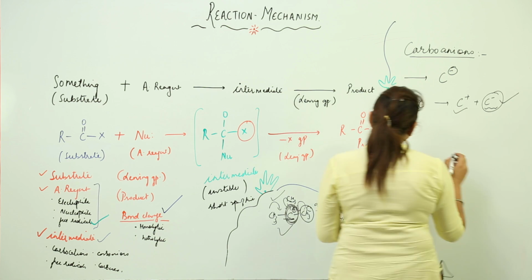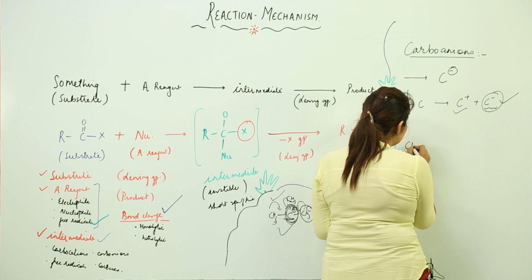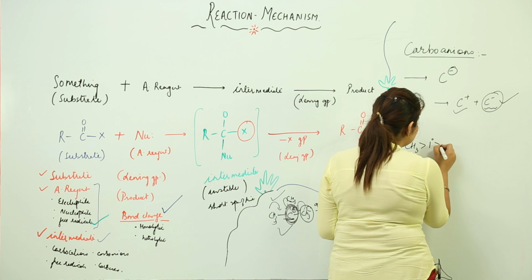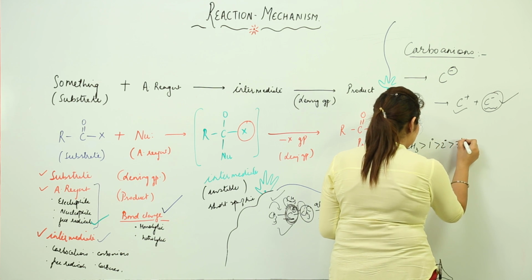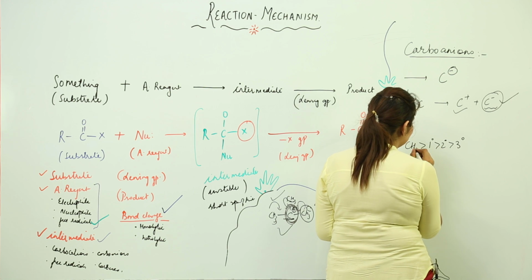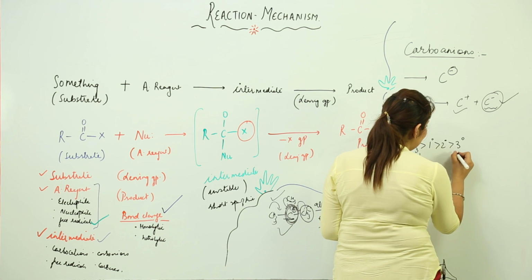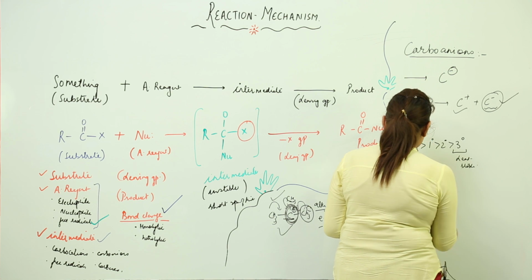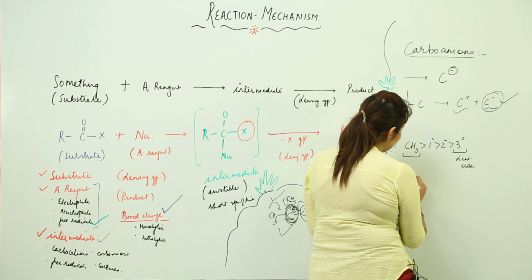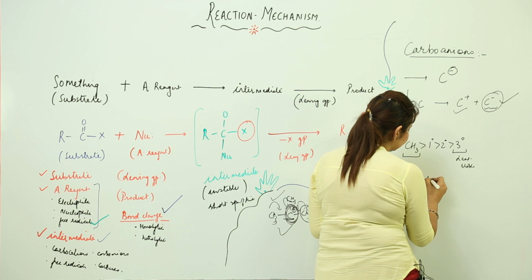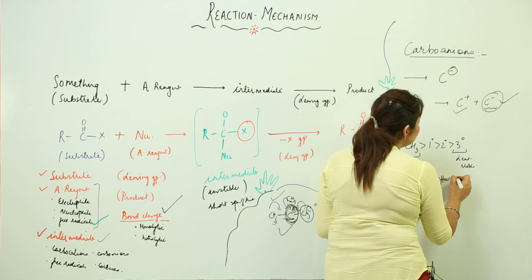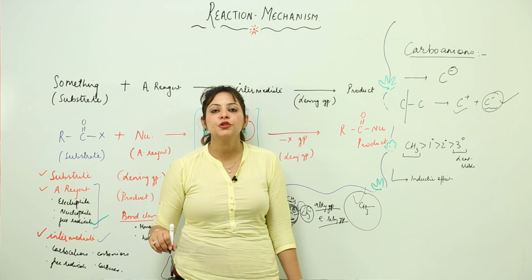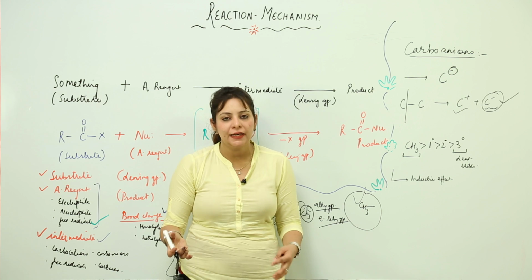Now if we talk of the stability, then its stability is actually the reverse of the free radical and the carbocation. It is stable in this order. That means the methyl group is more stable, and the 3 degree is least stable. This can again be explained on the basis of the inductive effect. As I already told you when we were discussing carbocation, the alkyl groups show a plus I effect. They have an electron releasing tendency.